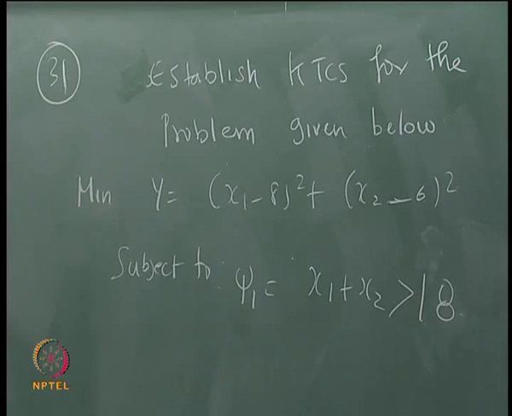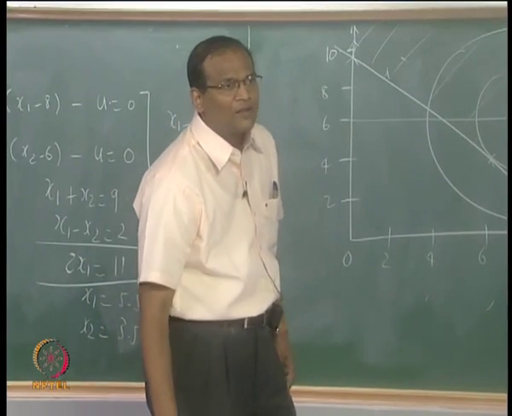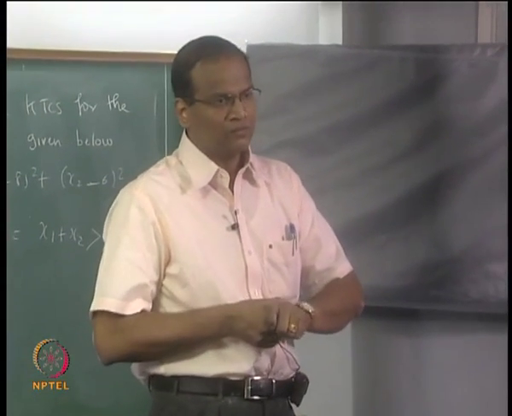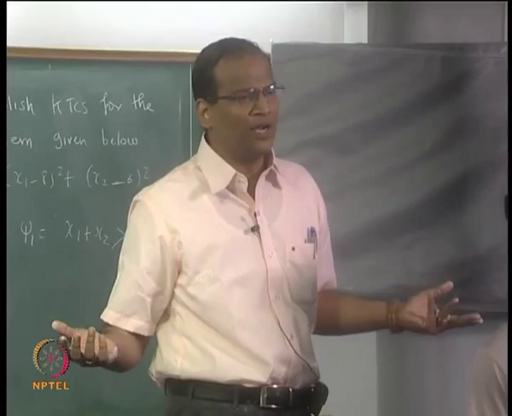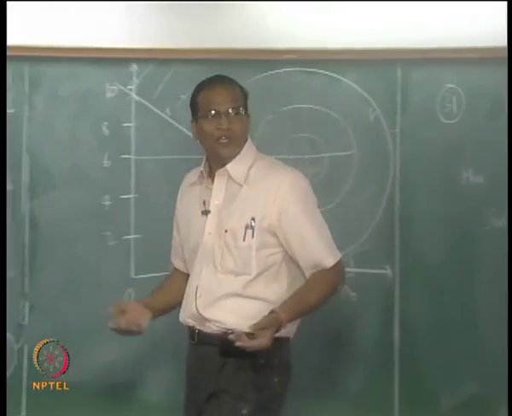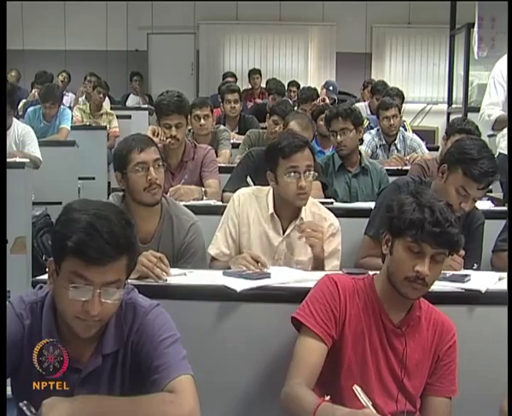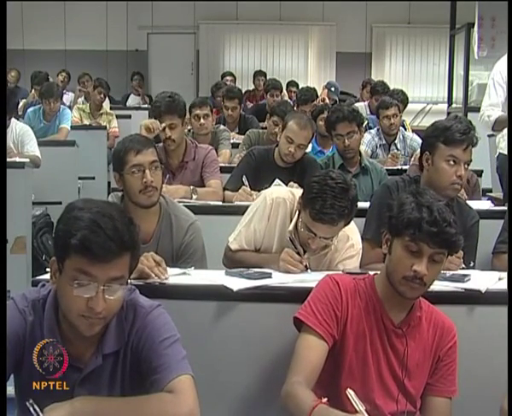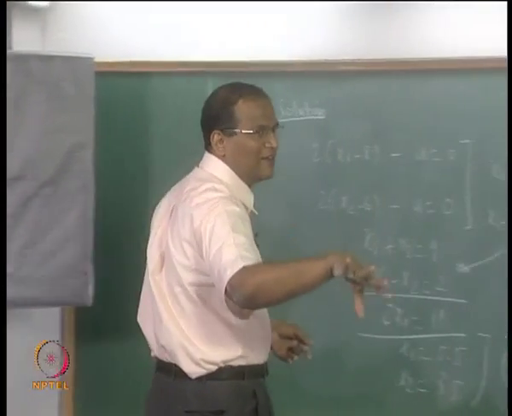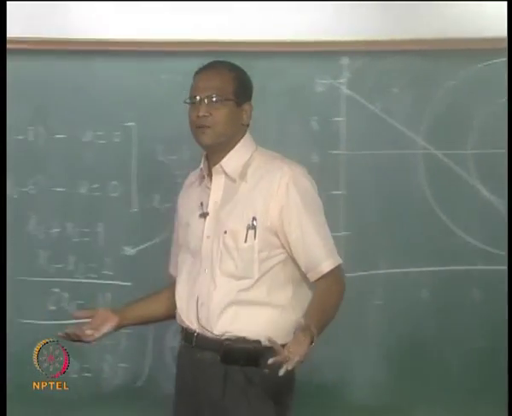U comes out to be 0, but psi equals 0. By the other condition, U or psi is equal to 0. If U is equal to 0, it is not at all an active or binding constraint. There is no sensitivity of the objective function, and there is nothing more you can say about it. If U is 0, it means the Lagrange multiplier is 0. Some people call U also the Lagrange multiplier, because when you find the value of U, you are treating it as an equality. So strictly it is also a Lagrange multiplier. If U is 0, it doesn't cause any disturbance to the objective function.